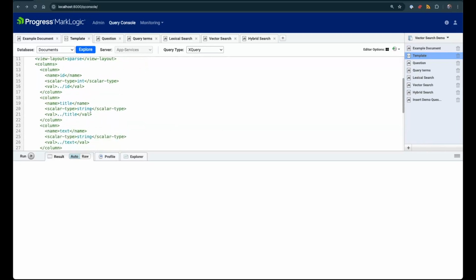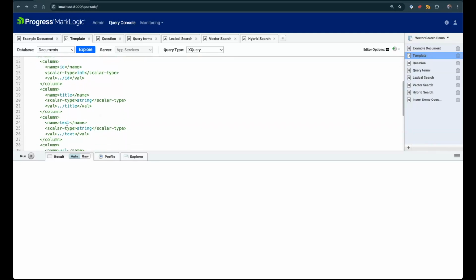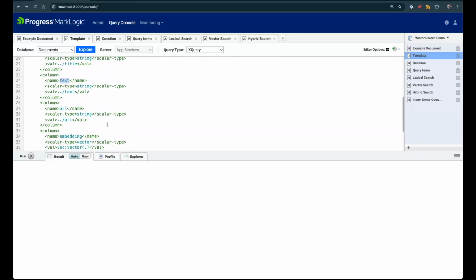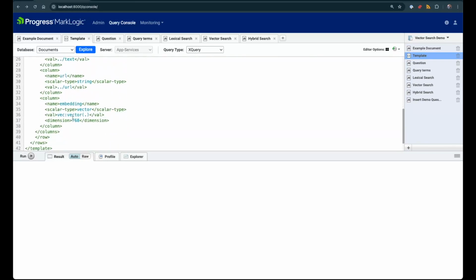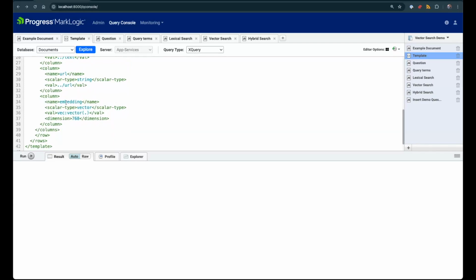We'll have an ID column, a title. We'll even extract the text out into a column. We'll pull the URL. And then the most interesting one, the new capability, is the vector. So in MarkLogic 12, we have a new scalar type within TDE called vector. And we have a new function called vector, which allows you to construct vectors from a node that you have extracted from a document. So if you have a JSON document with an array of numbers, you just pass that array into the vector function, and that will